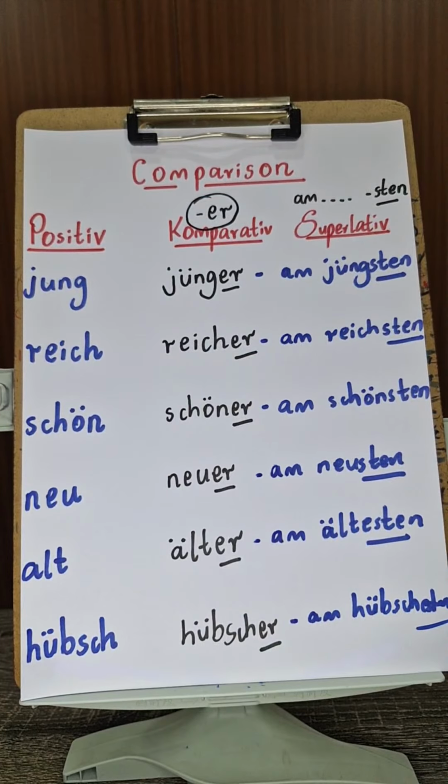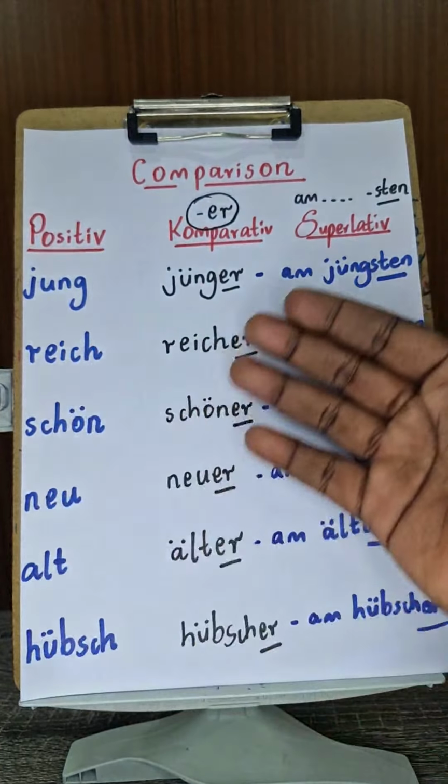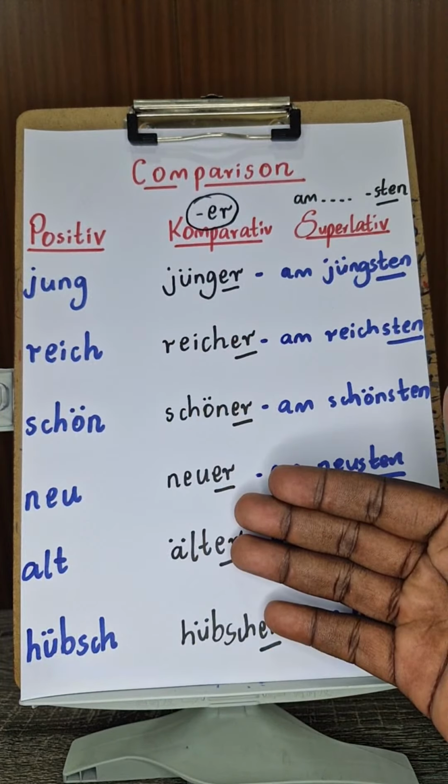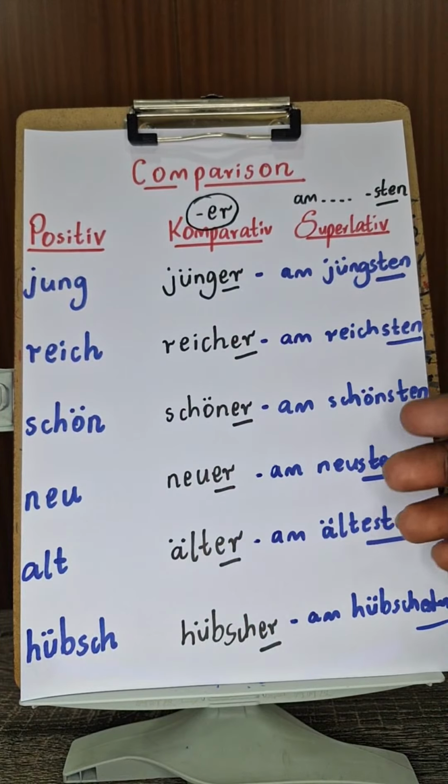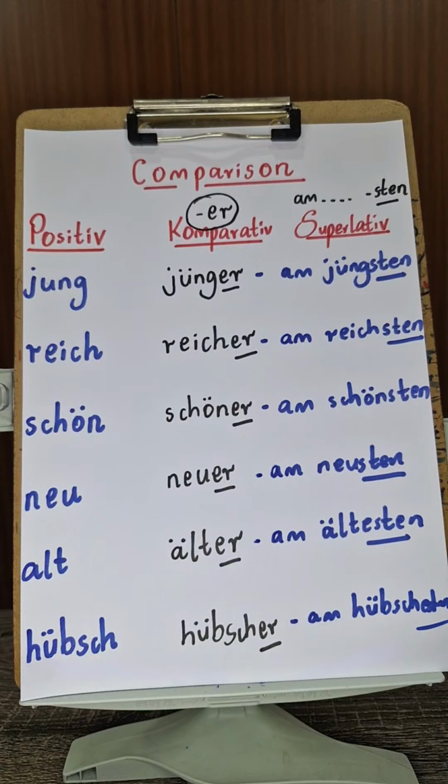Now, any other? Let's take the very last one. Somebody gave me one also at the beginning. Was it nicht? Nicht is not an adjective. How about we use komisch? Yes, komisch. Now it will follow the same pattern. Komisch, and then with er, komischer, and then am komischesten. Let's see that.